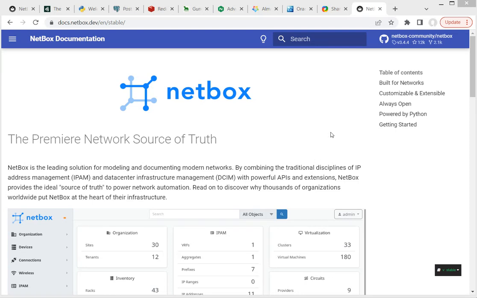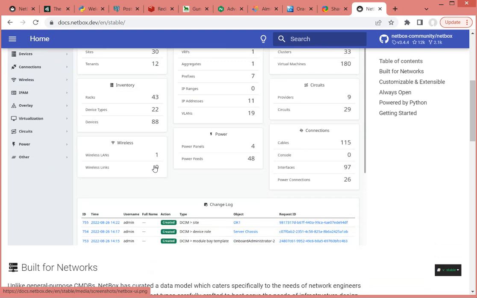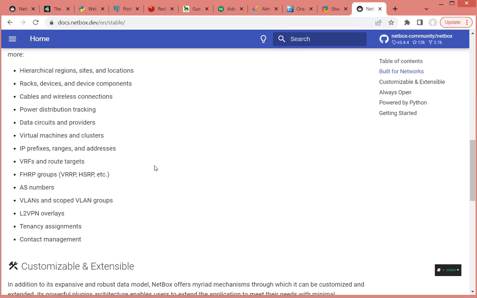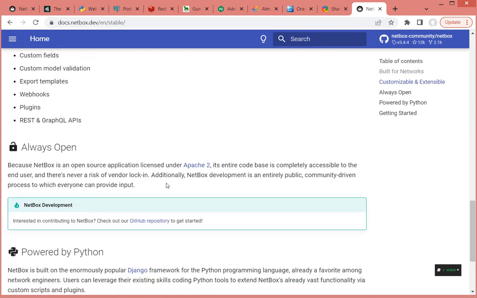Hello, in this video I'm going to show you how to install Netbox, which is an application designed to keep record of all your circuits, all your devices, all the templates, all your IP addresses in a network infrastructure. Netbox is an awesome project started with DigitalOcean. It gives you a lot of ability to customize and install and document in a